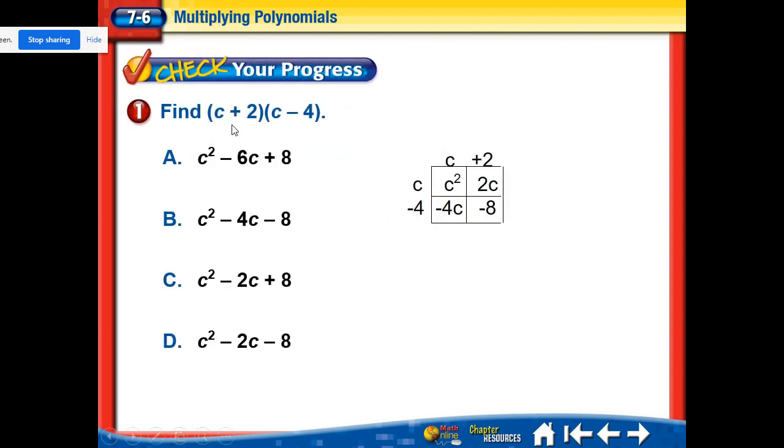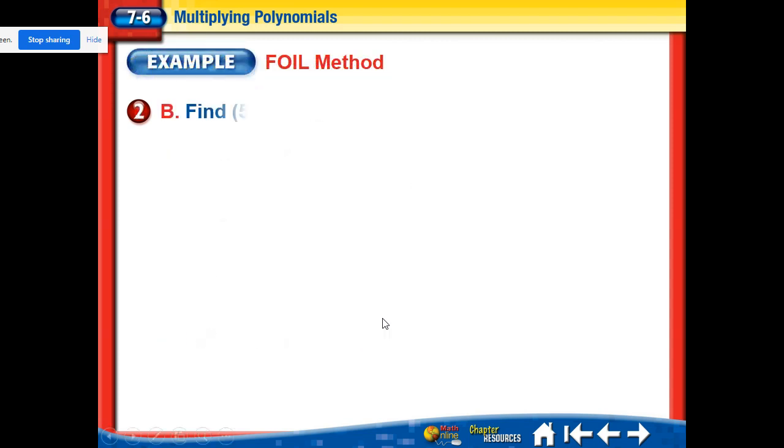So here we have c plus 2, c minus 4. So c plus 2, c minus 4 gives us c squared, 2c, negative 4c, and then negative 8 in the corner. Like terms here is going to give us 2c. Wait, negative 2c. So we have c squared minus 2c minus 8. I think we're down there with d. Doing this again,